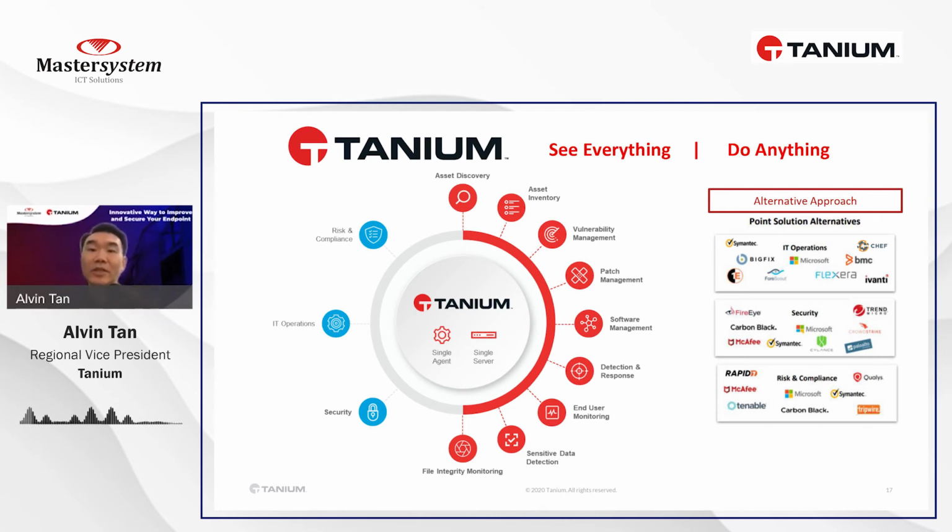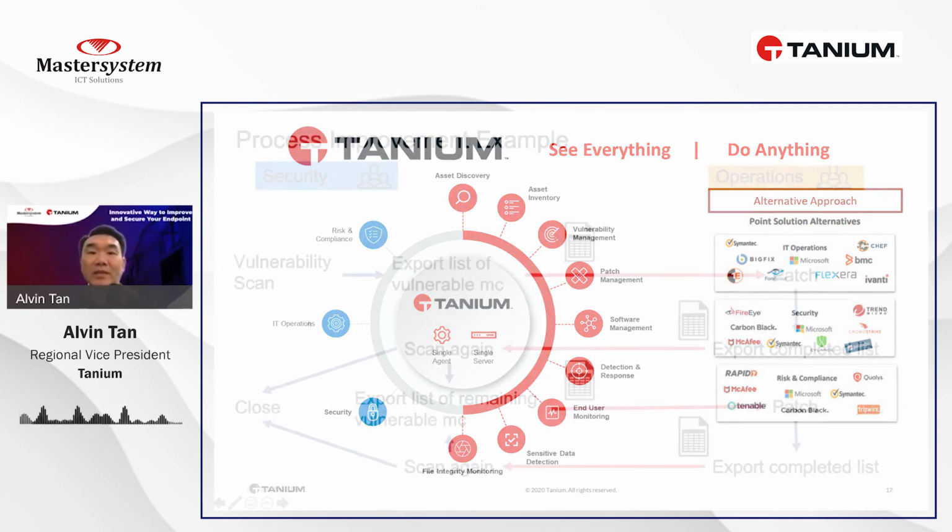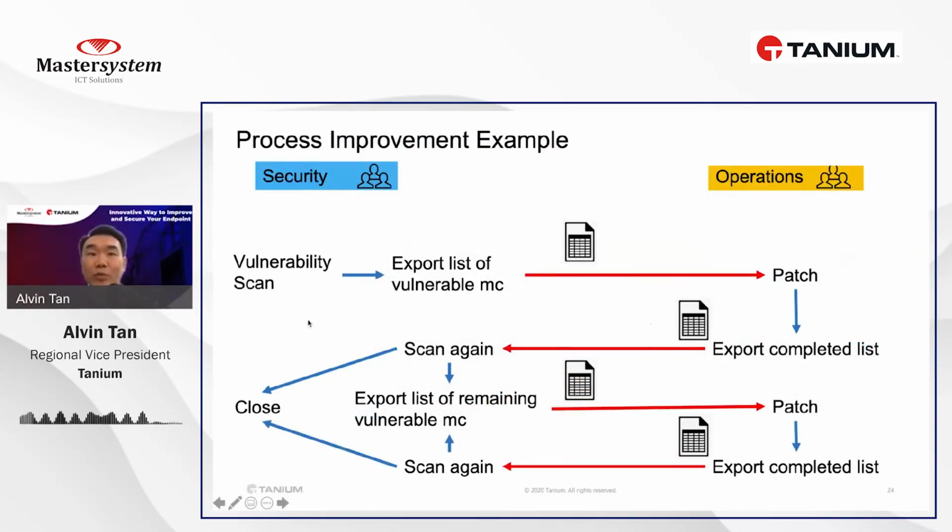So alternatively, you would have to roll out many other brands. Let me give you an example of how this can help you with process improvement. Usually you would have a security team, and the security team will do a vulnerability scan. After they finish, they export that list and send a spreadsheet over to the operations team to patch. And the operations team will patch and then export the completed list back to the security